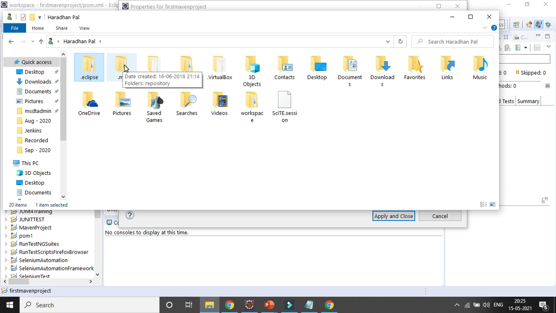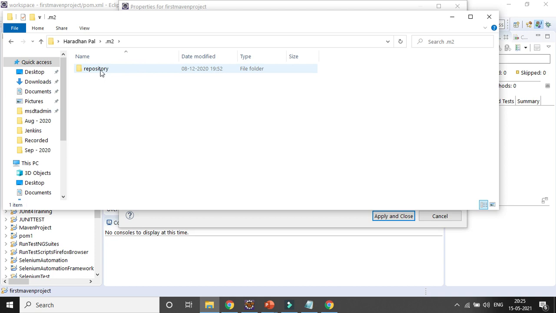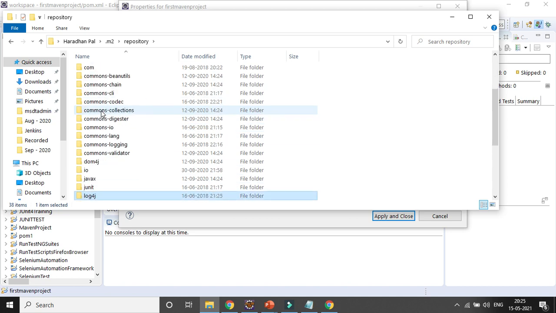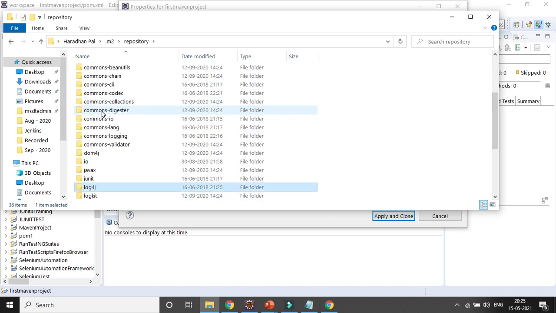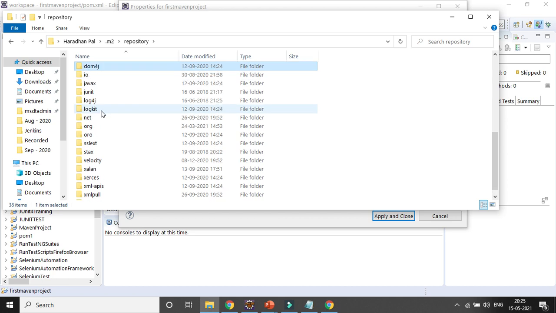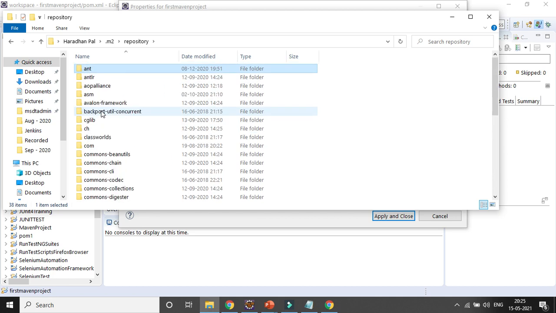If you click on the .m2 folder, you can see the repository folder is created. If you open it, you can see that whatever you use, all the relevant repositories will be created here. I have used so many projects, that is the reason it is there. It will try to create the local repository, and once you are updating, again it will try to update it.